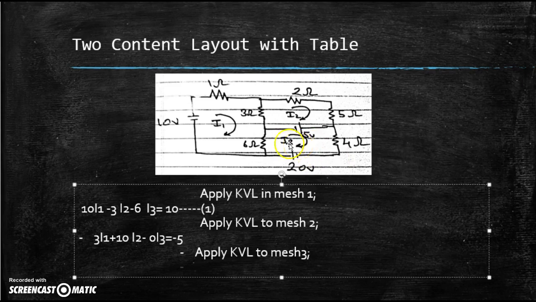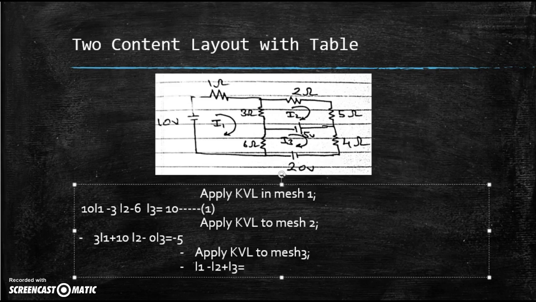Now we are in mesh 3. Again, let's type I1 and the sign would be negative for it. Okay, let's go ahead and type I2. The sign is going to be negative for it once again because we're in mesh 3. Then type plus I3. The sign is going to be positive over here because we're in mesh 3. Type equal to